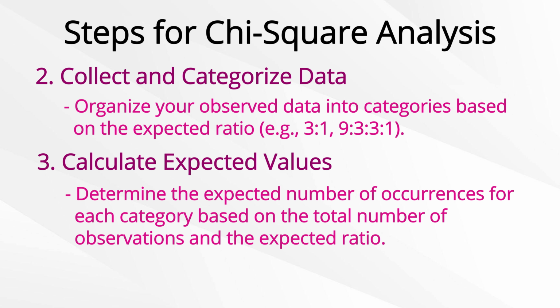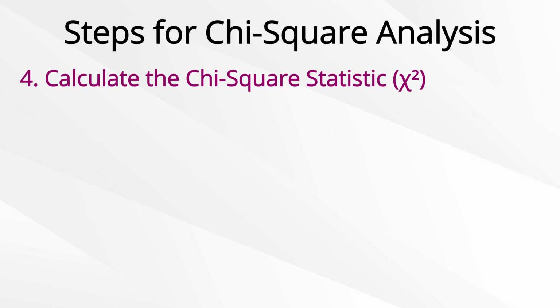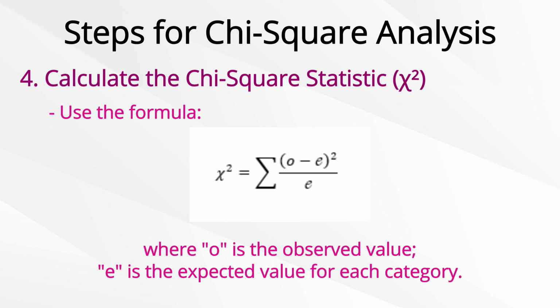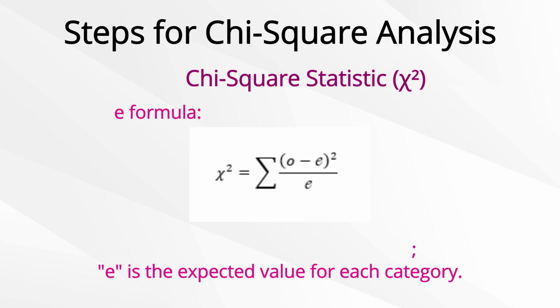3. Calculate expected values. Determine the expected number of occurrences for each category based on the total number of observations and the expected ratio. 4. Calculate the chi-square statistic. Use the formula